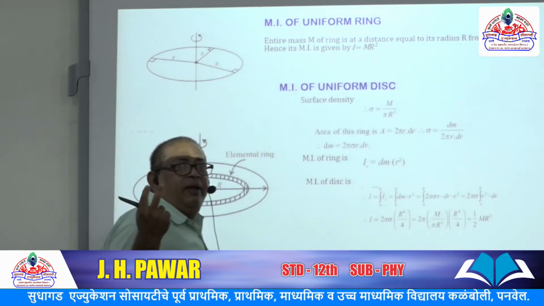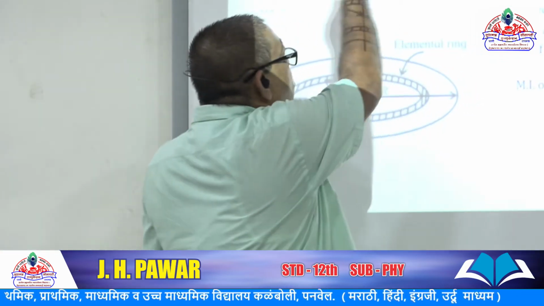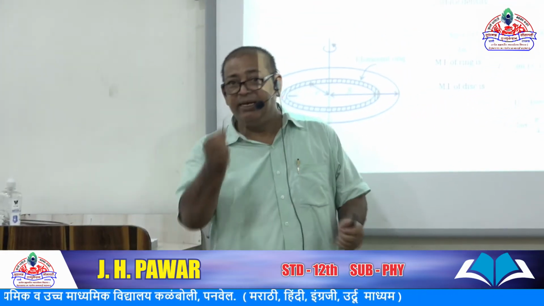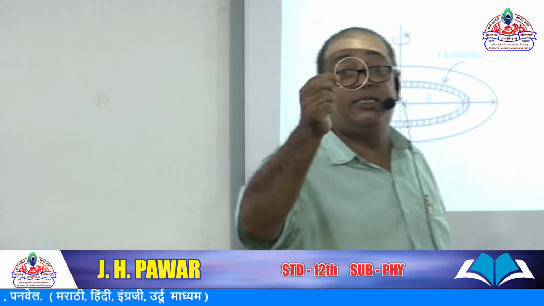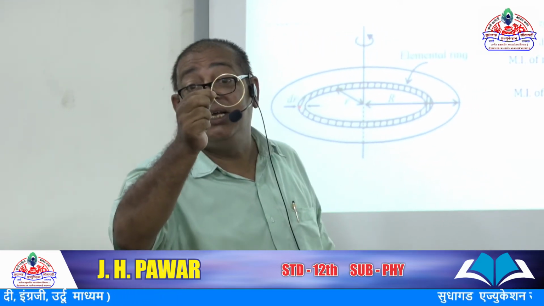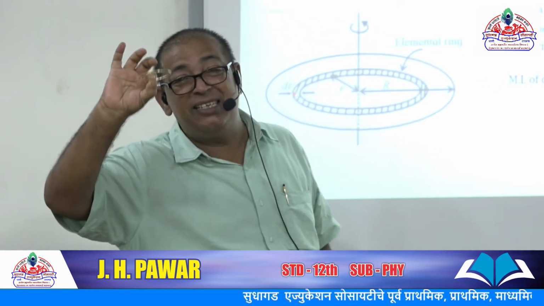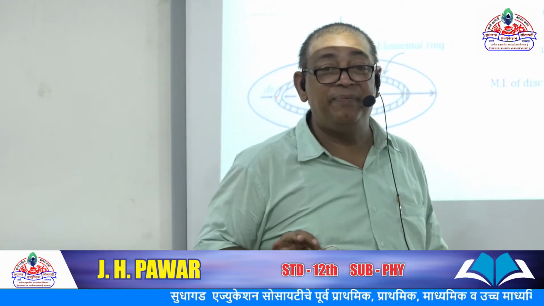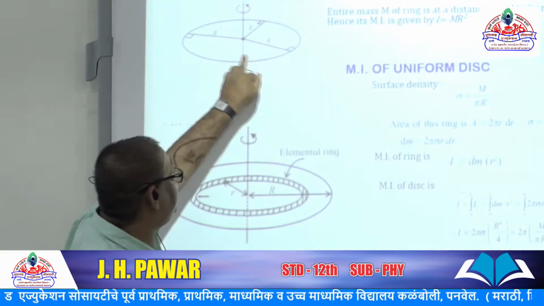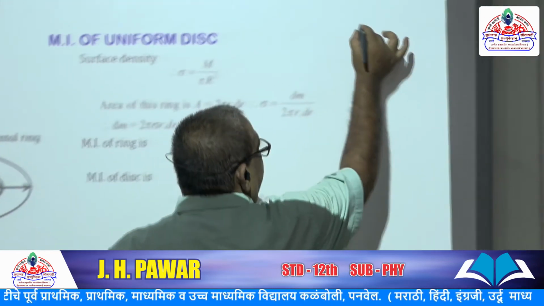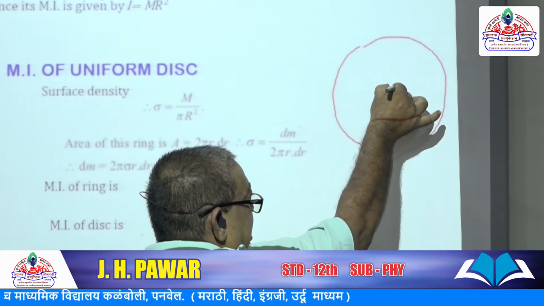A ring is an object. It is a two-dimensional object, whose total mass is concentrated on its circumference, and its thickness is negligible. When we can take the thickness as negligible, then we assume it is two-dimensional. Look here, when we consider this ring, here I am taking a three-dimensional figure, but for my convenience I am taking a two-dimensional figure also, like X, and here is the axis of rotation perpendicular to it.